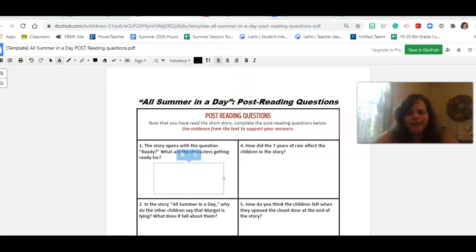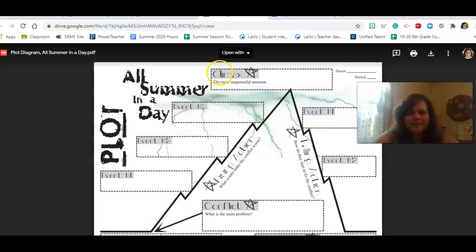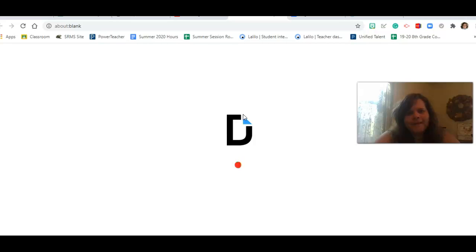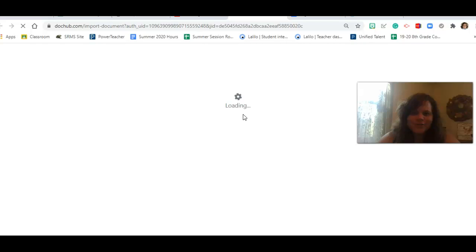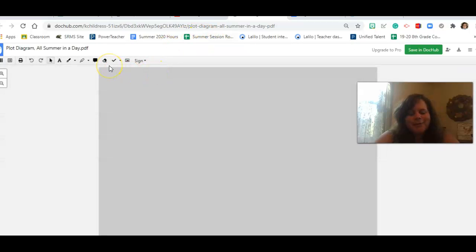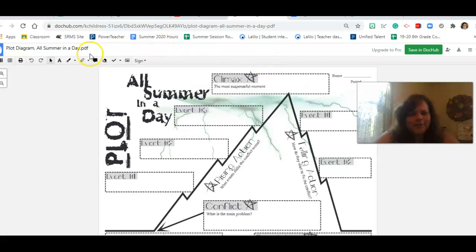For the plot diagram, the same thing. You could open with DocHub, which is what businesses use and everything if they want a signature on a PDF. So it's pretty cool. If it doesn't work, let me know and I can walk you through, but it should. So open with DocHub where it says add text, this little A thing, and then you can type it in the box. What I will tell you is